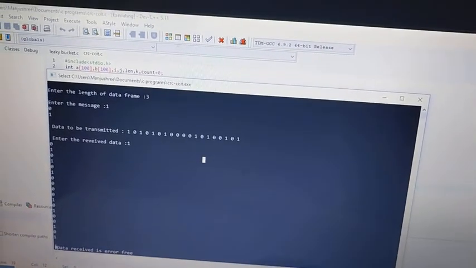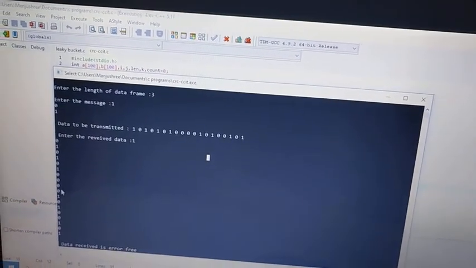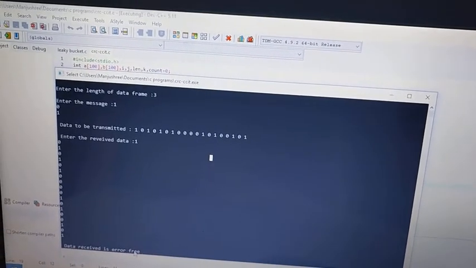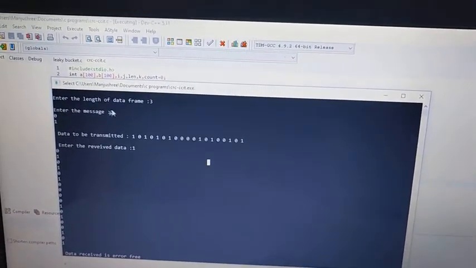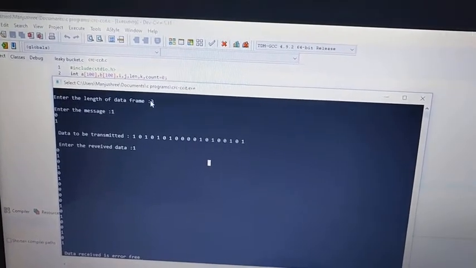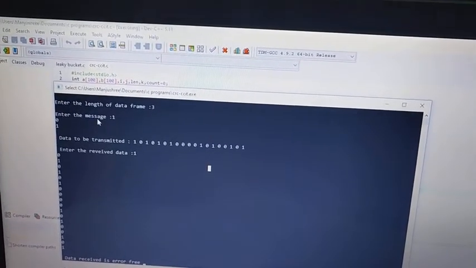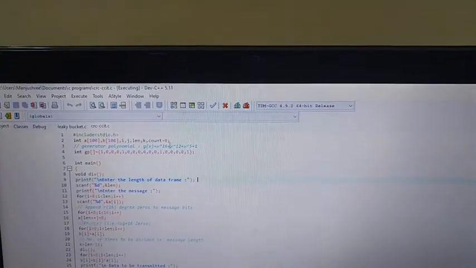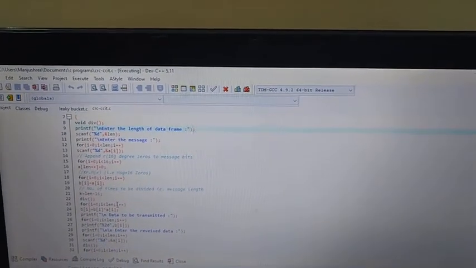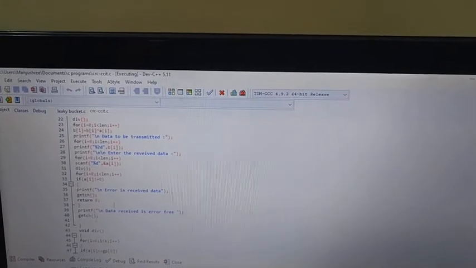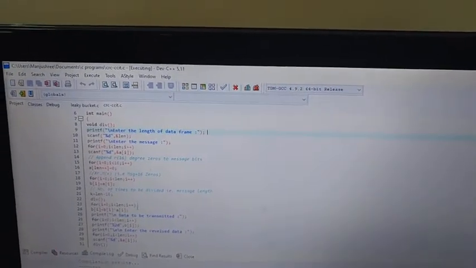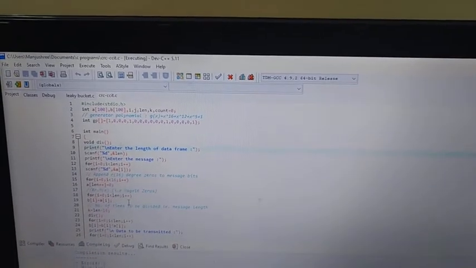So the error-free part I have shown. You change any of the bits and you can try it, it will show there is an error. Also you can change the data length, you can change the message, and in the program you can also change the generator polynomial. Correspondingly analyze the program and try to make certain changes in the program also. Once I explain the program, you will understand it better.